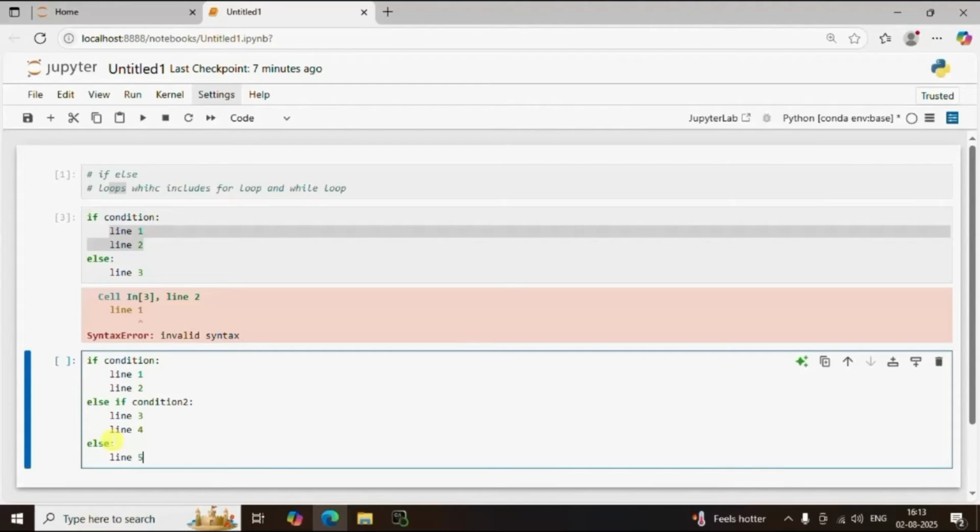line 5. Now Python will first check this condition 1. If it is true, then we will get line 1 and line 2 as the output. If this condition is false, then Python will check this condition 2. If this condition 2 is true, then we will get these two lines as the output. And if both the conditions are not true, then line 5 will be printed as the output, which is present